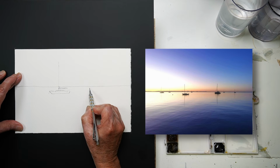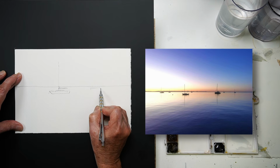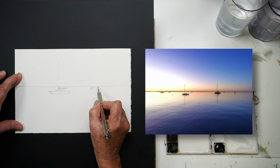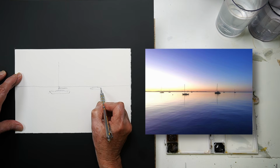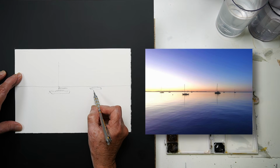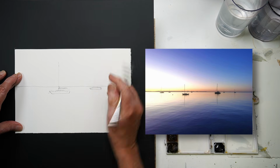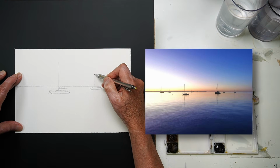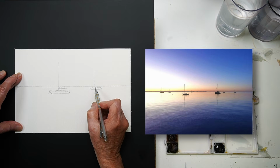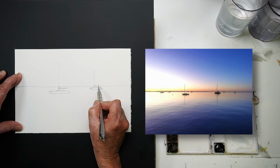We're now going to place another one over here. This boat's going to be further away, sometimes the back of the boat is curved in this direction. And because it's a small shape, I didn't bother putting in the mast first. And now the boom, relative to the boat, is still in the same position, but what you're going to see has happened is,